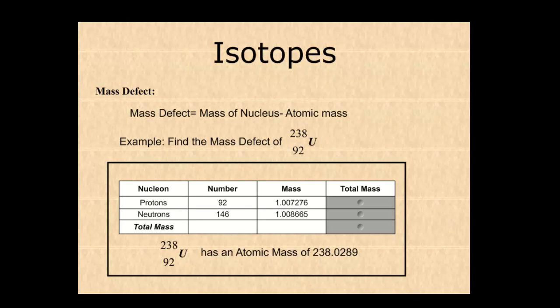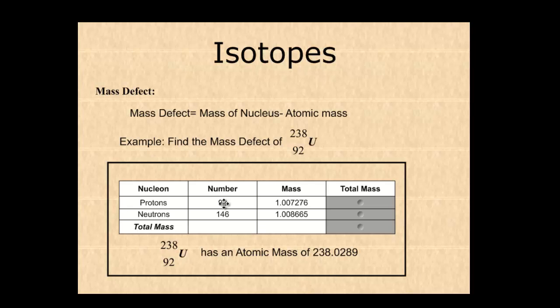An example: if we look at uranium-238, it has an atomic number of 92, meaning it has 92 protons. It has an atomic mass of 238. If we take 238 minus 92, we get 146. This defines the number of neutrons. In the table below, I put 92 for the protons and 146 for the neutrons. Now every proton has a mass of approximately